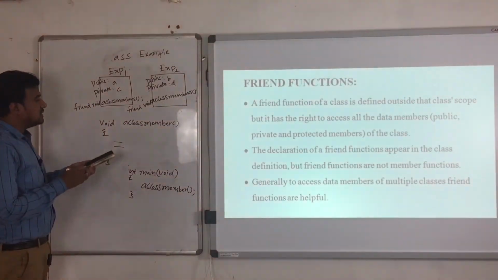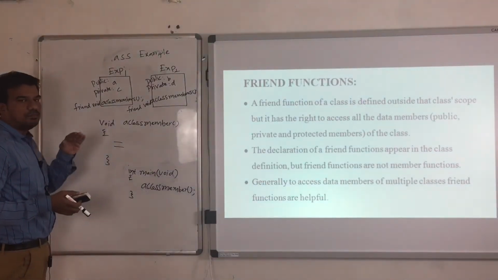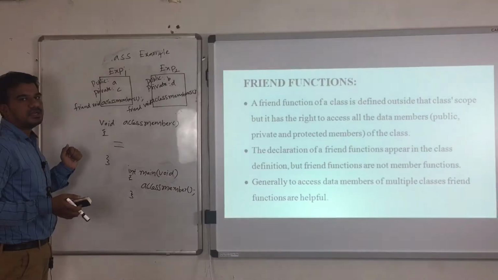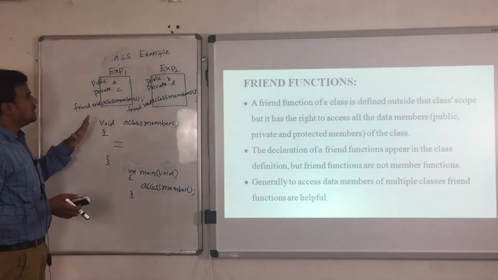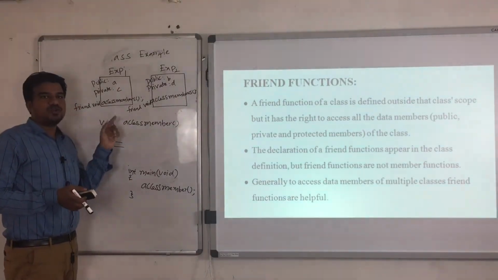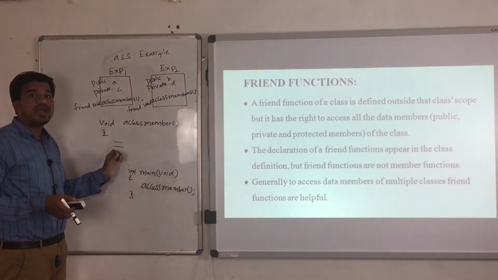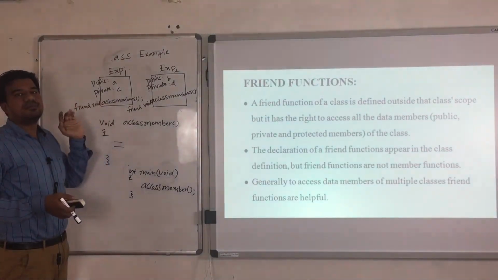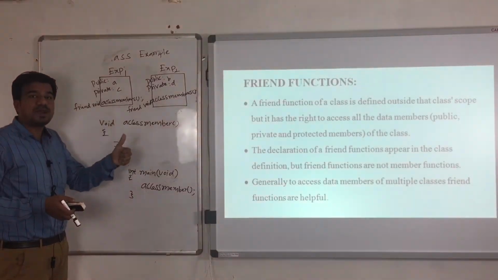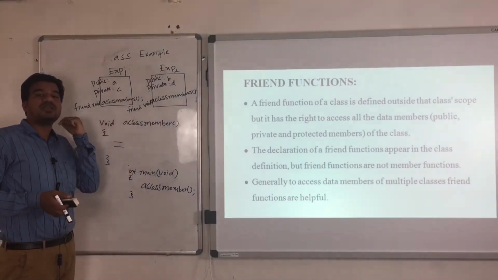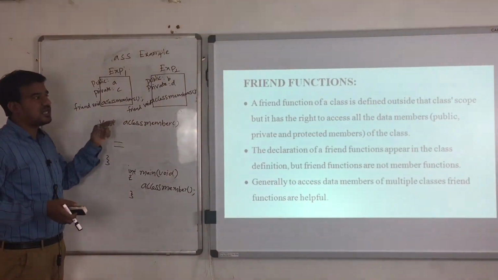So now the same concept of this friend functions I will implement inside the compiler. You just follow how we are doing it and how we are getting the output. To remember important points, friend functions are helpful in order to access all the data members from multiple classes. We have to say all, because not only private, we can even access protected, we can even access public. So that is the reason why we have to say all data members.